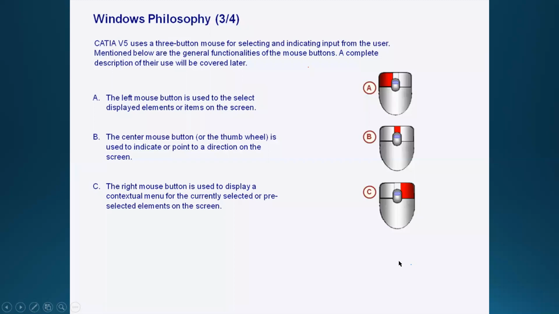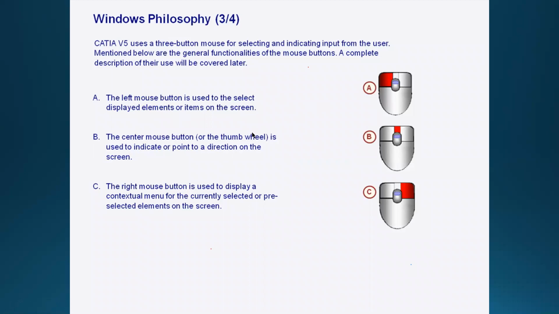Here the description is given. The left mouse button is for selecting the thing you are designing, or whatever tools you want to select. The left mouse button is used to select display elements or items on the screen.